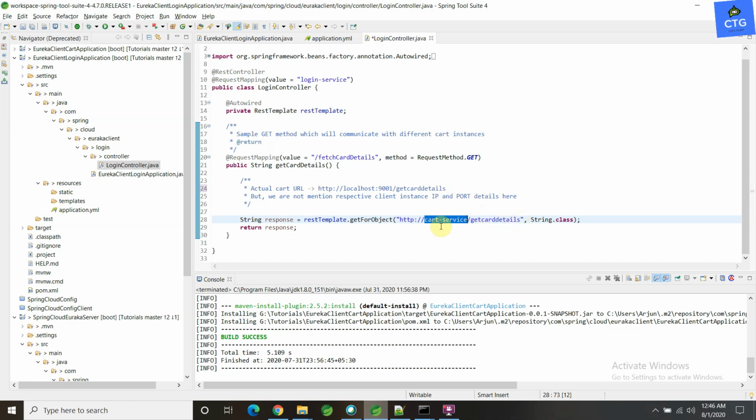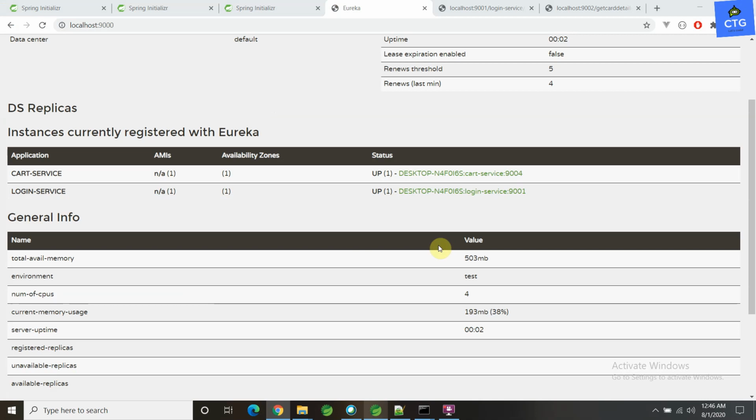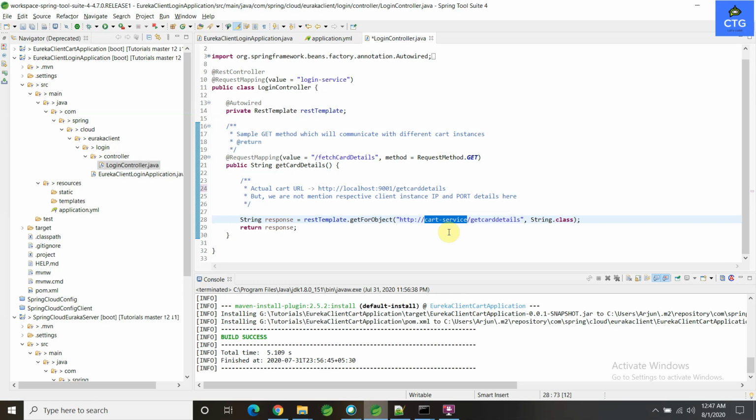Basically, whenever you define it like this, the system will look into the Eureka server for the instance name cart service. It will check how many instances are currently running, get all the instances, and then send the request one by one. Meaning we no need to define the localhost and port, because it will vary at runtime.